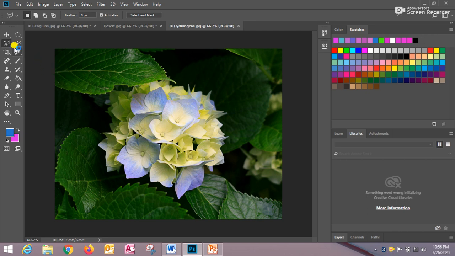We just have to select the magnetic lasso tool through the lasso tool. This is the option of the magnetic lasso tool, and then click on any part of the image to be selected. Now I am clicking here first of all, and you have to drag the mouse pointer around the object, around the edges of the object. As I have told you, this tool is used to select the complex edges around the object.